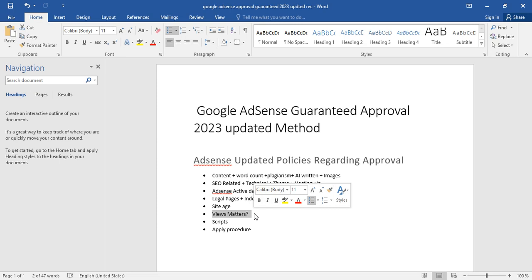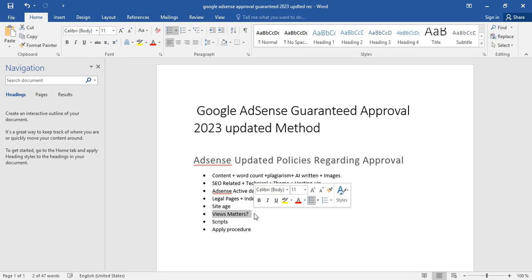Some people are saying it matters and some people are saying it does not, but I have two views on this. One, specifically Google AdSense never mentioned that the amount of traffic matters for Google AdSense approval.